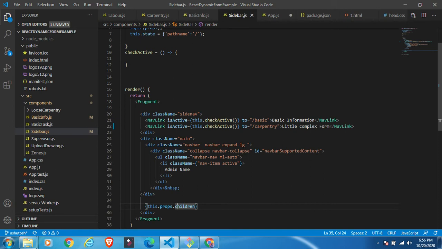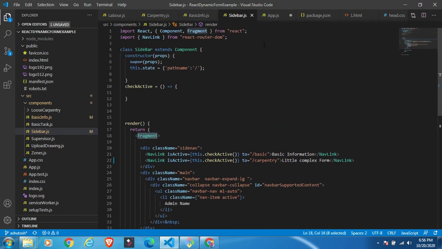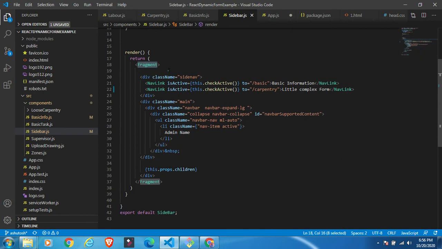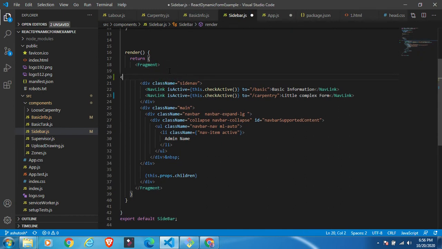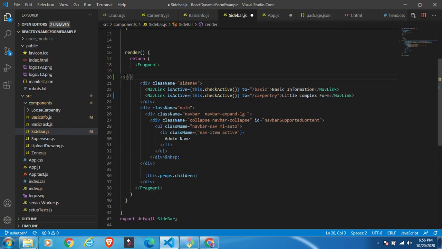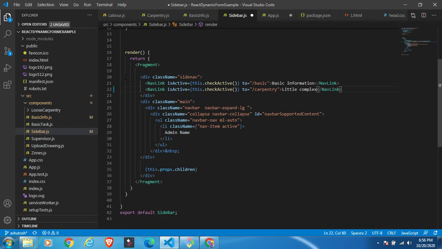Another way is to use a Fragment, if you don't want to use the div tag. This comes from React. You can also use it in this way. The third option is to use empty tags like this, and within that you can put your code. So these are the ways you can do it. Okay, I hope you understand.